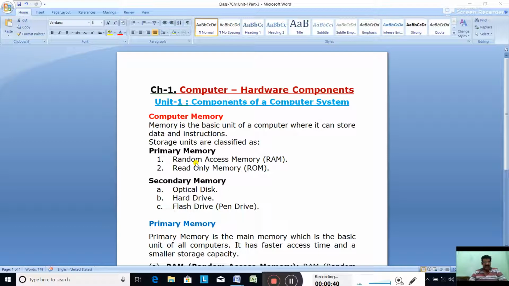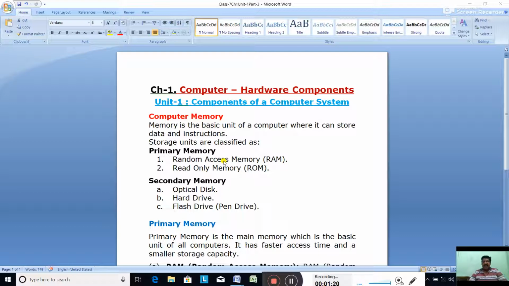What is the arithmetic and logic unit? The computer performs all arithmetical and logical operations through the ALU. Arithmetical operation means addition, subtraction, multiplication and division, and logical operation means all types of comparison. Then we discussed the control unit. The control unit controls each and every part of the computer system along with the peripherals. Then we discussed the memory unit. It provides a space for storing data.